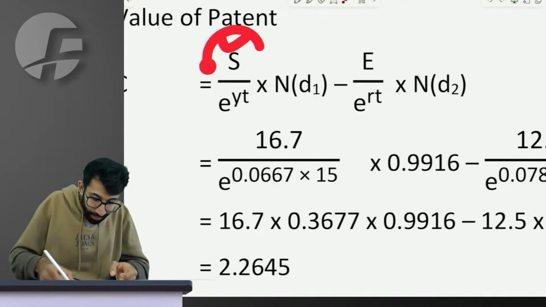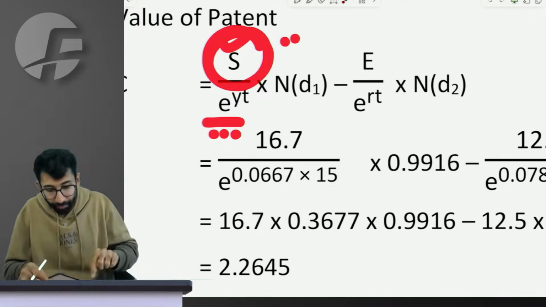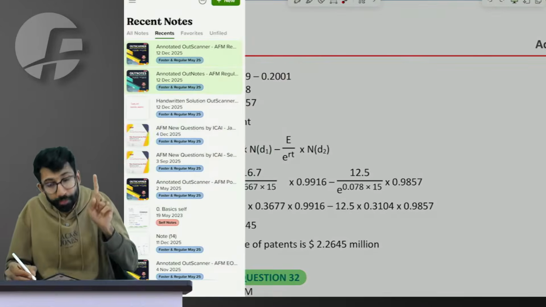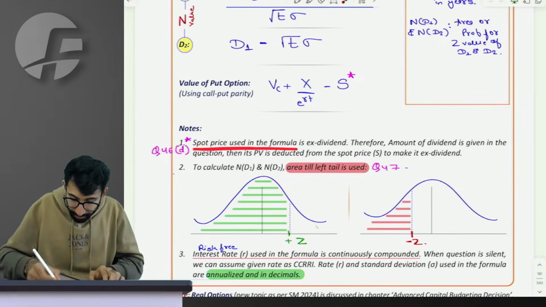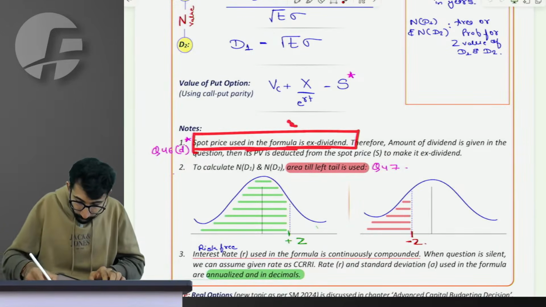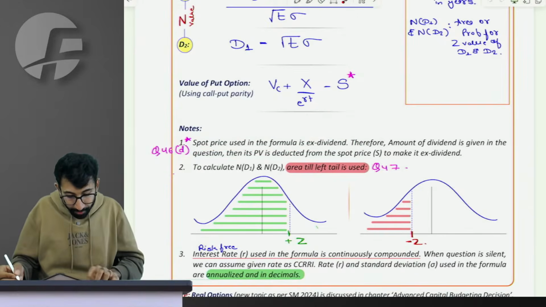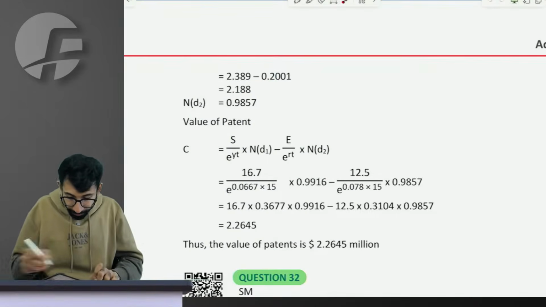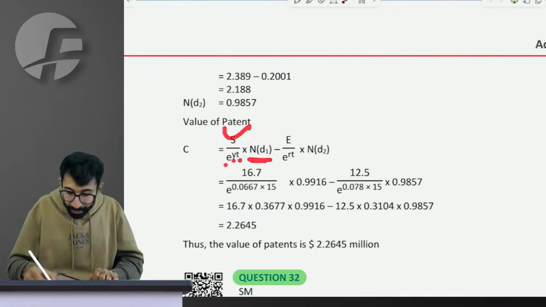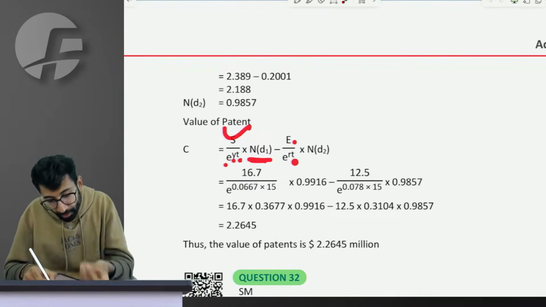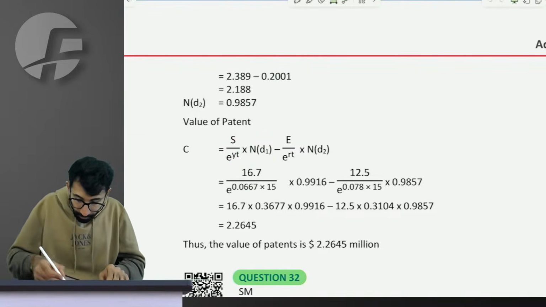Sir, we have to eliminate the effect of dividend from the spot price. You remember eliminating the effect of dividend from the spot price, which should not be new for you, because in the Black-Scholes model, in the topic of derivative, we said use the formula which is x dividend. Use x dividend spot price. So sir, spot price divided by e raised to YT into ND1 minus present value of exercise price, you anyways do exercise price divided by e raised to RT into ND2, right?